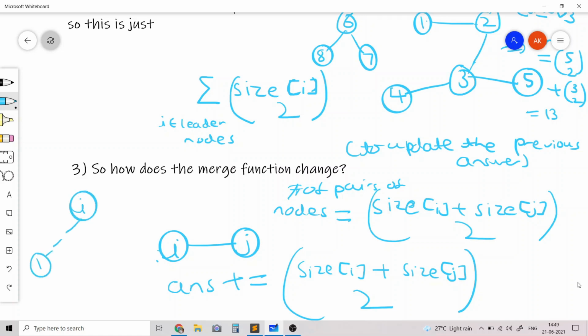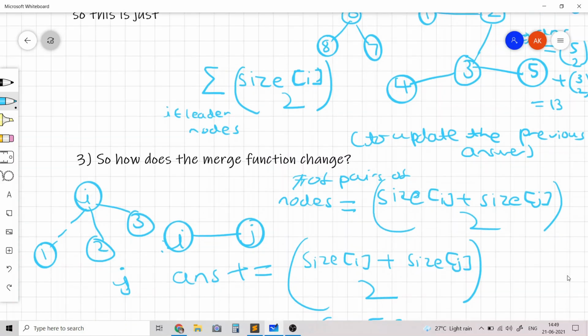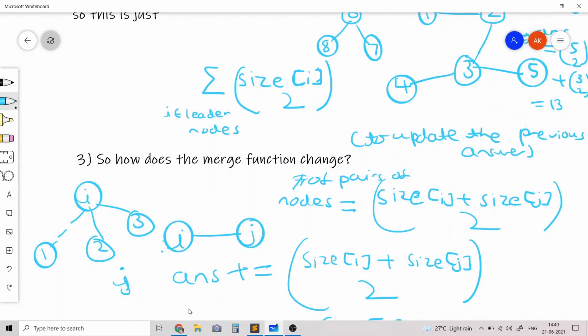More specifically, we are overcounting the nodes in i's component. So let's say that i's component had the nodes 1, 2 and 3, and let's say that j's component had the nodes 4 and 5. Then the size of the new connected component will be 5, so the new answer will be 5 choose 2.